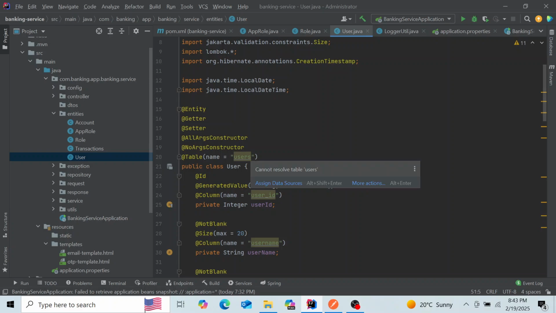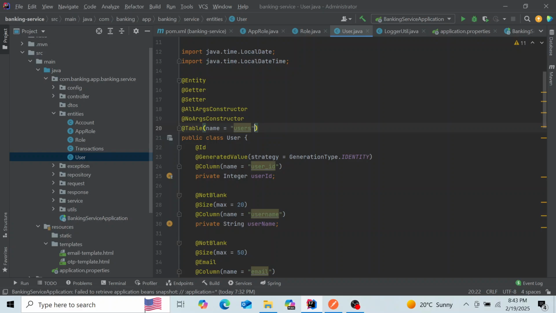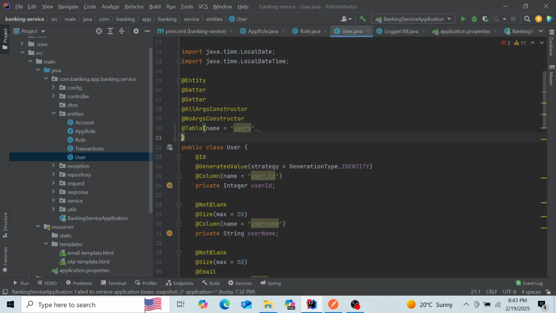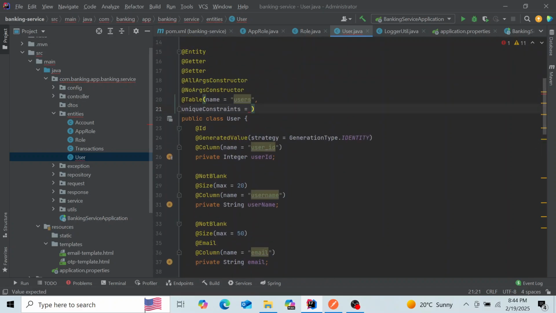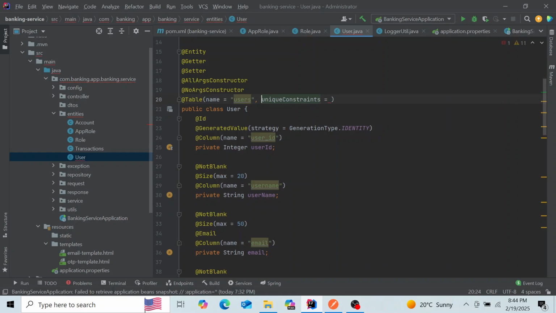So I also want to enforce some constraints. Some of the constraints that I want to enforce is I want to define the username and the email to be unique. So that means that at any given time, we cannot have two people with the same email address. So the email is unique. So unique constraints,